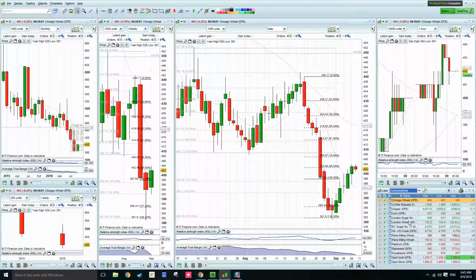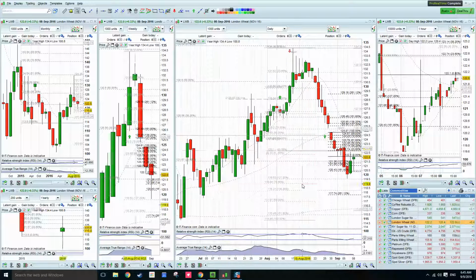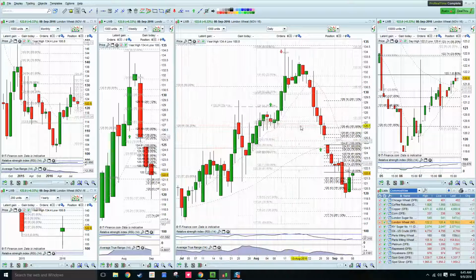So at the moment, on the UK wheat market, I think probably looking for some sideways action, and looking for some recovery back up to test this gap and the swing high at 124.50 again, and that would probably be in conjunction with a weakening of the sterling. And we'll put an update